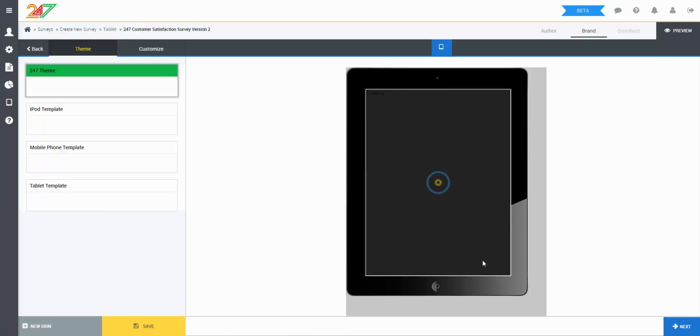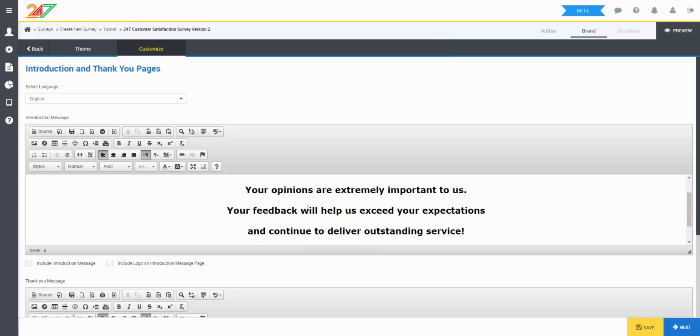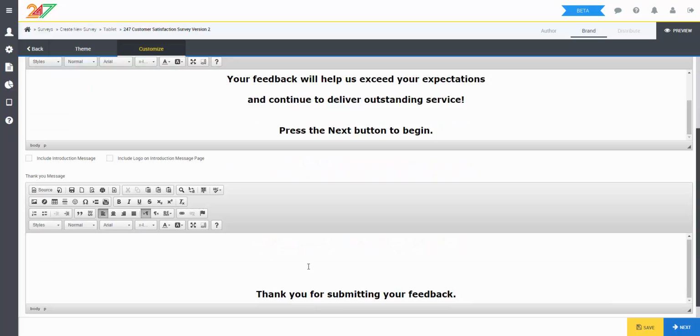On this screen, I can choose a theme for my survey. As I've already created another survey as this customer, I already have a 24/7 theme available, and I can just preview my survey and see how it feels using this theme. Through the Customize screen, I can also choose to include or exclude introduction and thank you pages. Once I'm done with customizing and branding my survey, I simply click Save and Next, and I'm taken to the